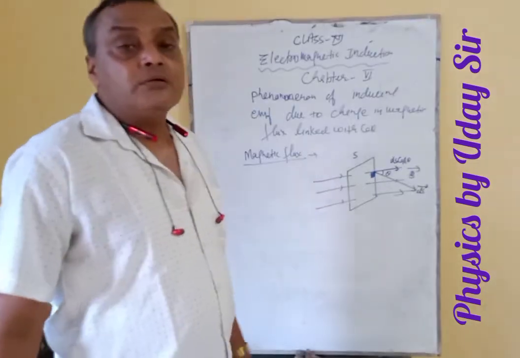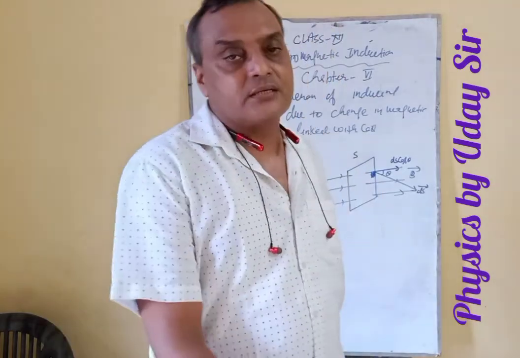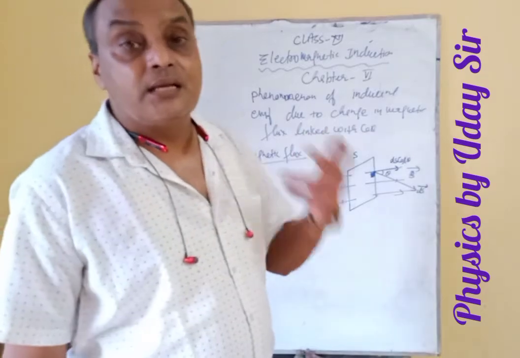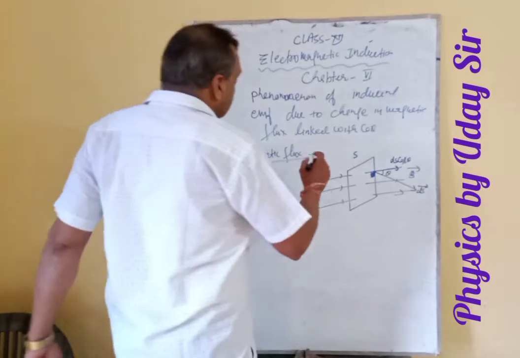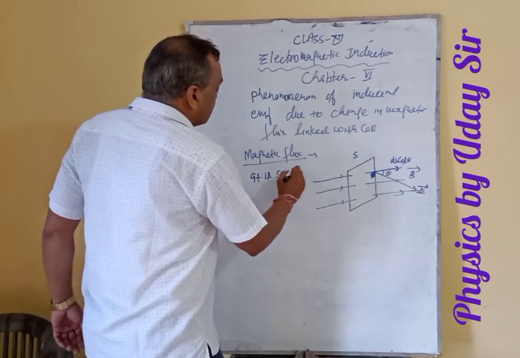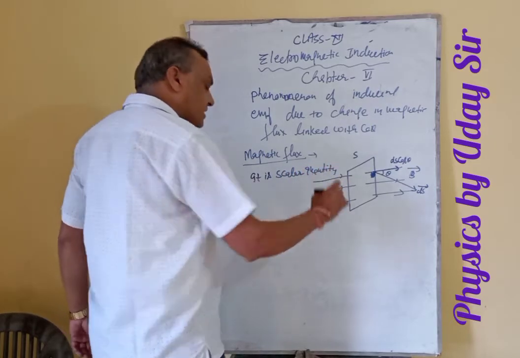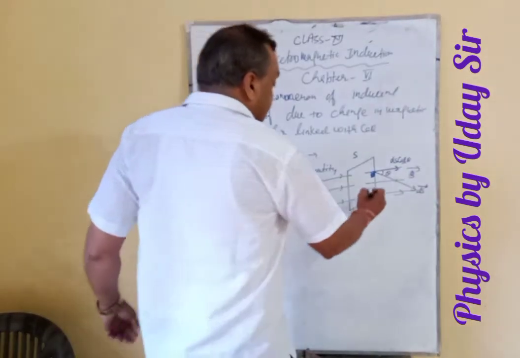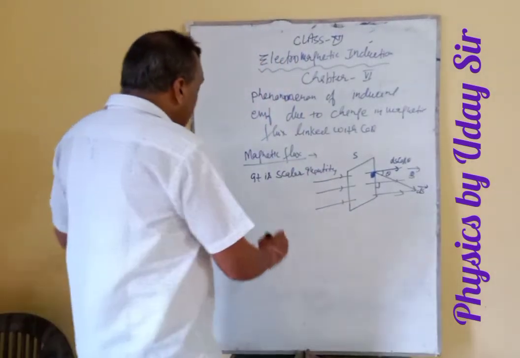So the magnetic flux I told, what is that? This is a number, that is the magnitude. In such a case, you have to calculate the number of field lines. It is a scalar quantity. Why is it a scalar quantity? Because this is the total number of magnetic field lines passing through a surface. Normally, the area vector is always perpendicular to the surface. So how will it be measured?